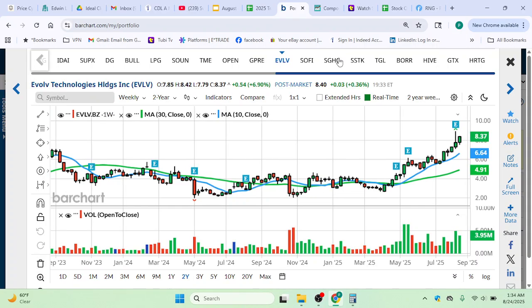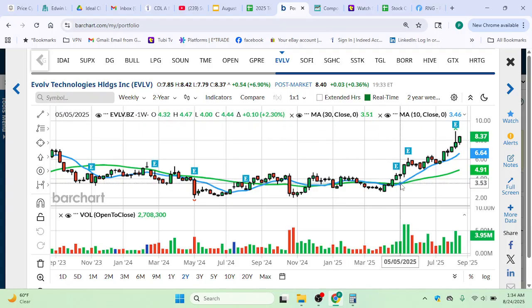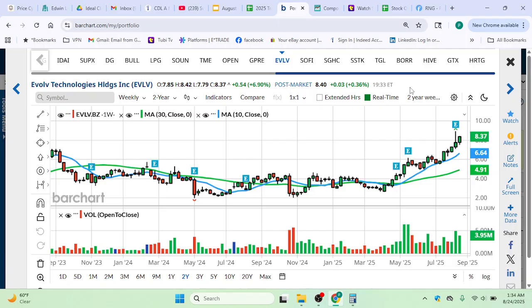Evolve Technologies, which has to do with future-type transportation, uptrend, right? New high last week. So again, the thing to look for is stocks making new highs in a bullish environment. Those are good opportunities. Anyway, I thought I'd give back to you guys here.